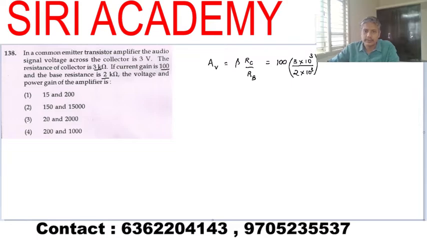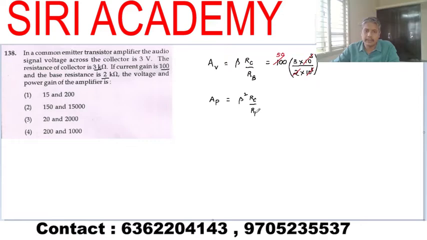So 10 to the power 3 gets cancelled and it is 150. So the voltage gain is equal to 150